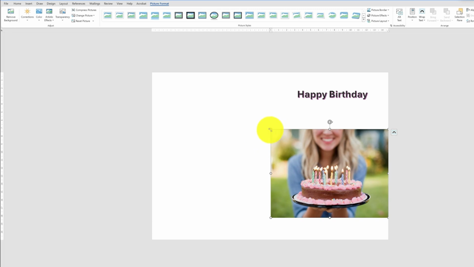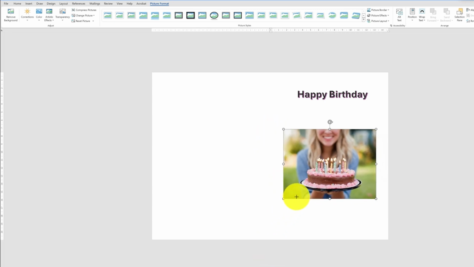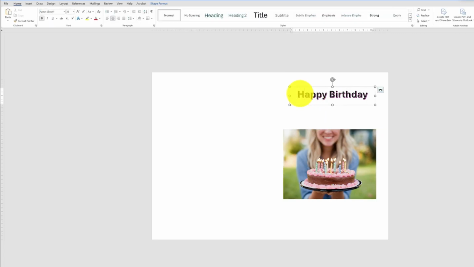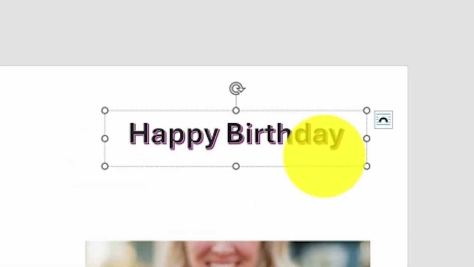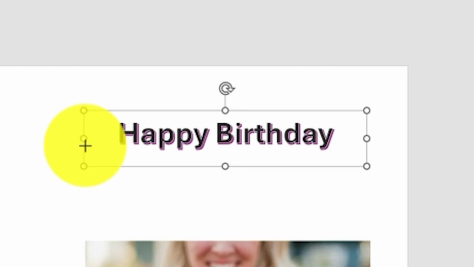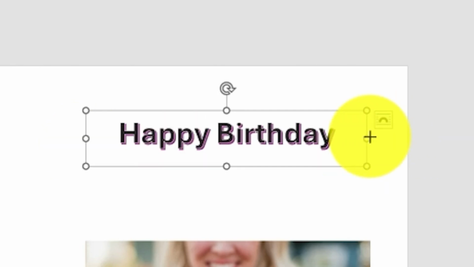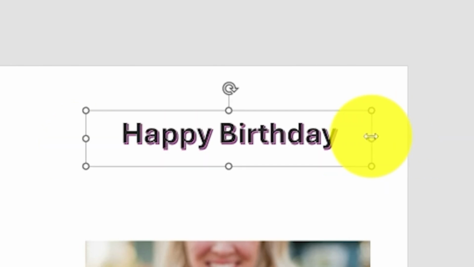And then if I click one of the corner arrows, it keeps the aspect ratio as it should be. And then I can just move it like that. And that looks a lot better. And then with this frame, the text frame, if I click it again, it brings up a dotted frame on the outside. And then I'm just going to drag the frame until it matches the outside of the picture. And then my writing won't go